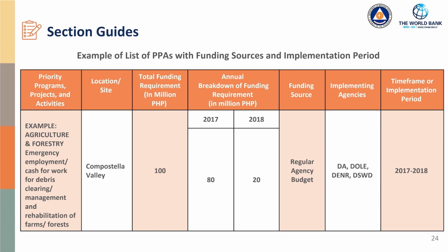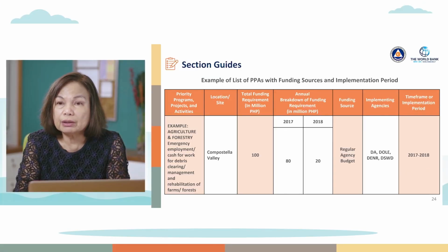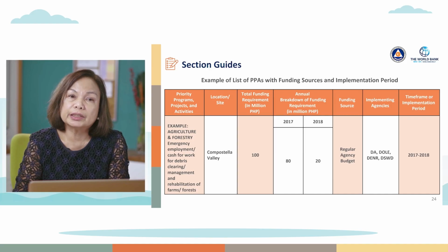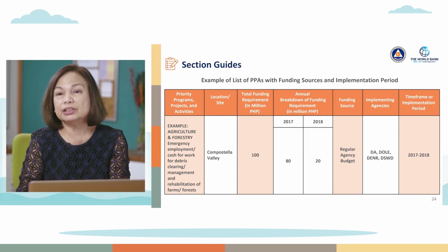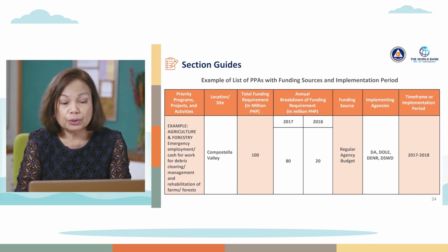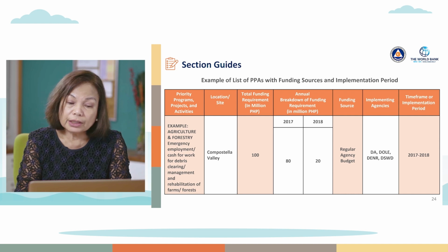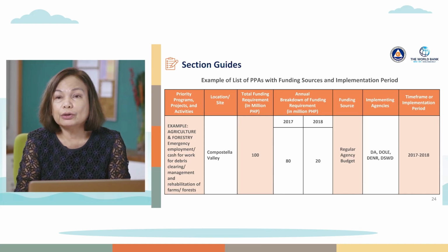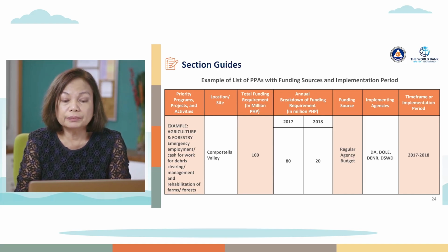What we have here as an example refers to agriculture and forestry. What activities have been undertaken under this sector? You have emergency employment, cash for work, for debris clearing, management and rehabilitation of farms. These are usually the activities being implemented after a disaster. Diba? Lilinisin mo yung mga kalat dyan. So, binabayaran yung mga tao who have been hired to do such activities. Anong area? So, doon sa example natin, Compostela Valley,